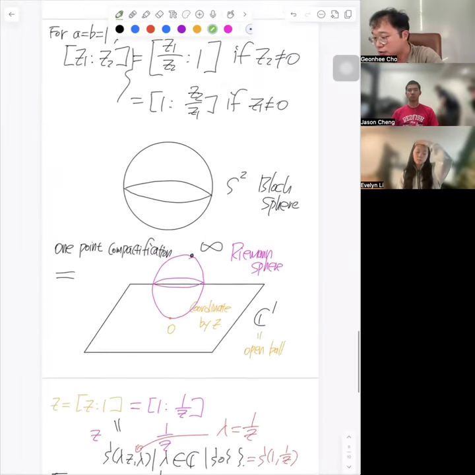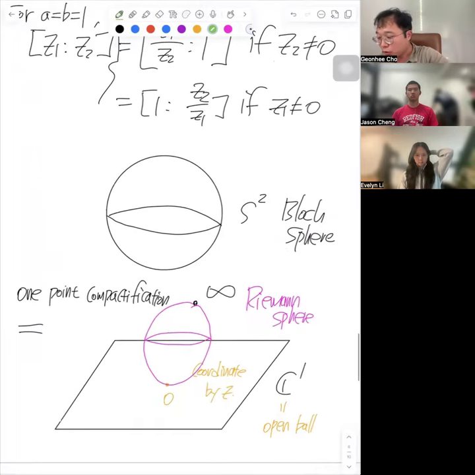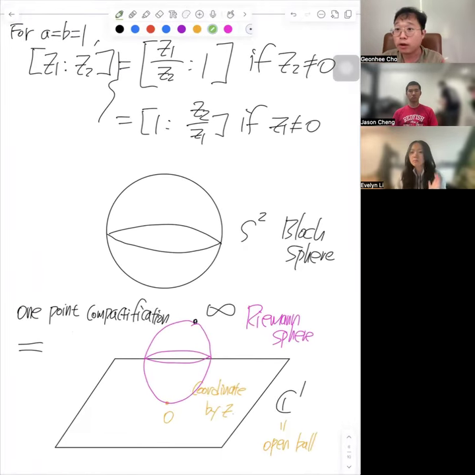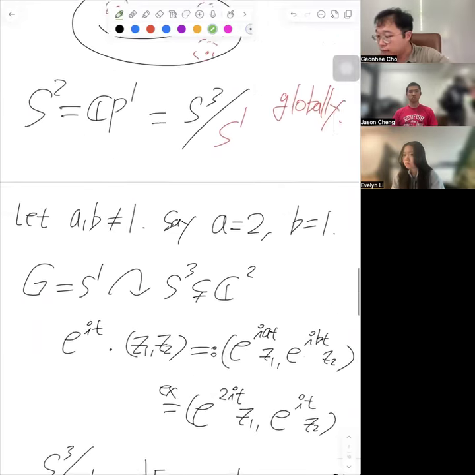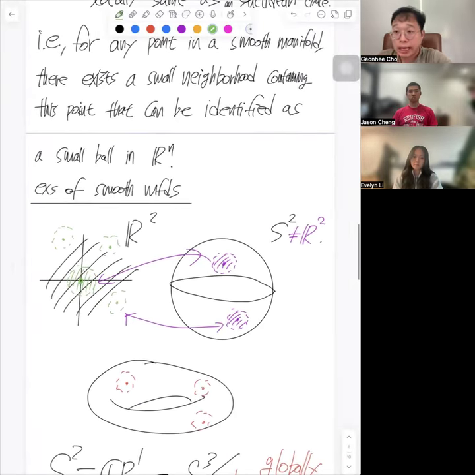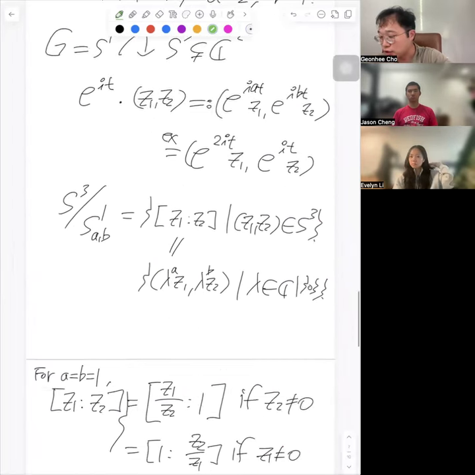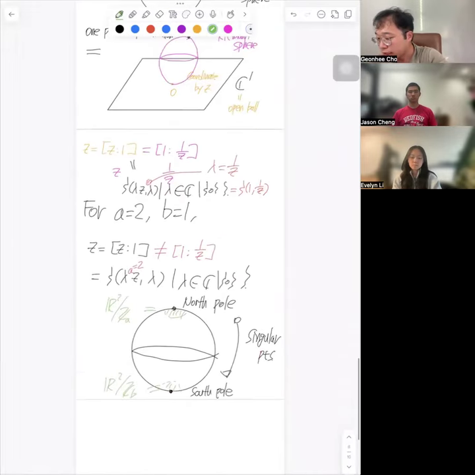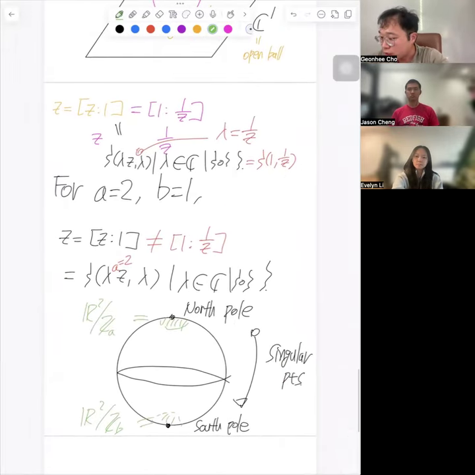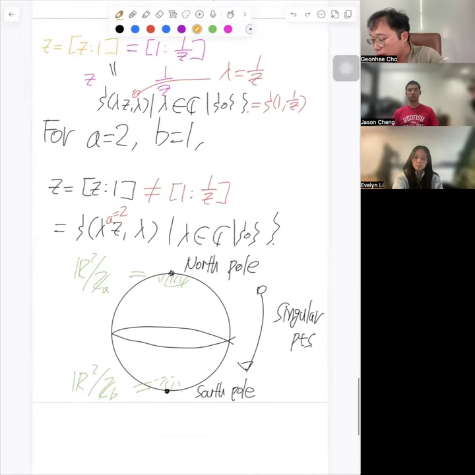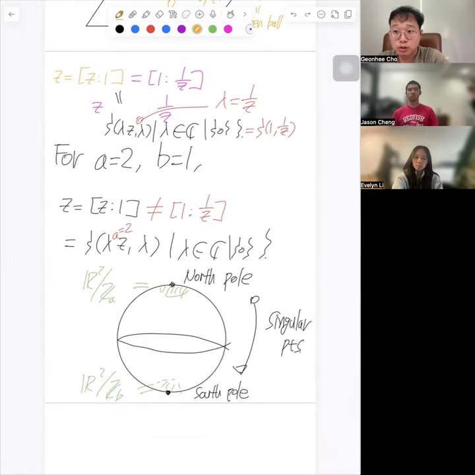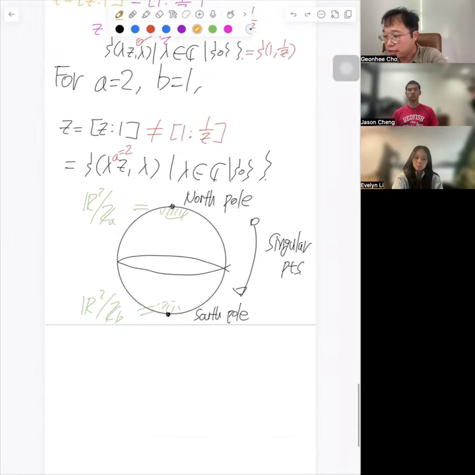So you can just assume that this picture only happens for a and b equal to 1, so that you can always find a small neighborhood that can be identified as a ball in R2. That's the smooth manifold, and that's coming from the global quotient. However, for changing the exponent, you can now see that there's no way to change from one to the other in this way. That's not allowed. Can you see that? And that effect would be recorded only on these two points, the south pole and north pole, so you can say this is now the concept of what? Smooth manifold